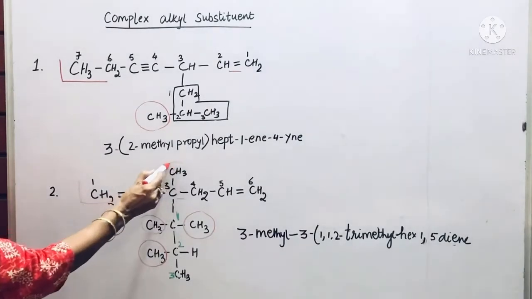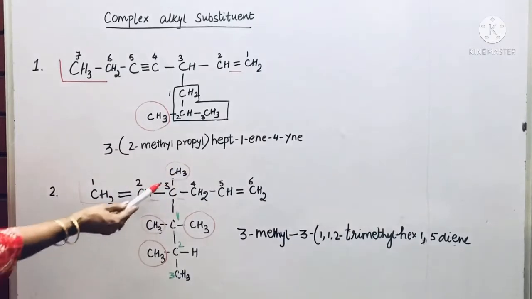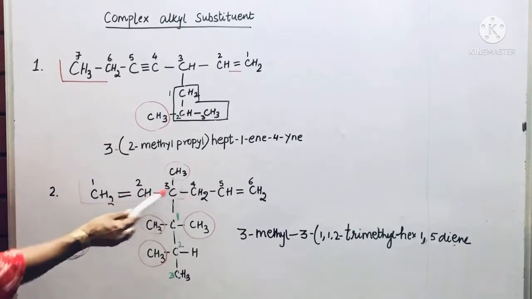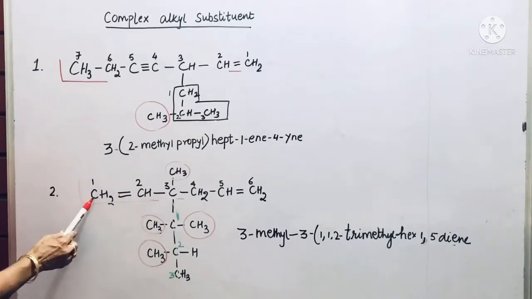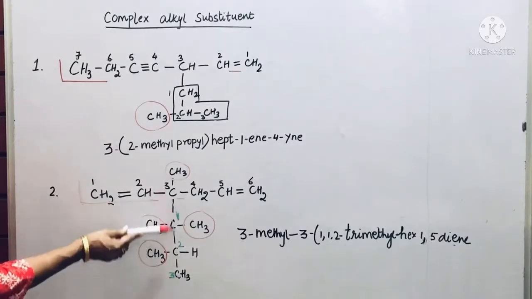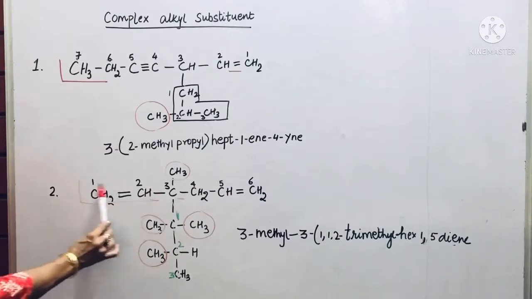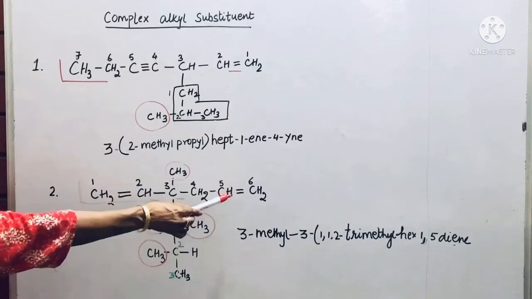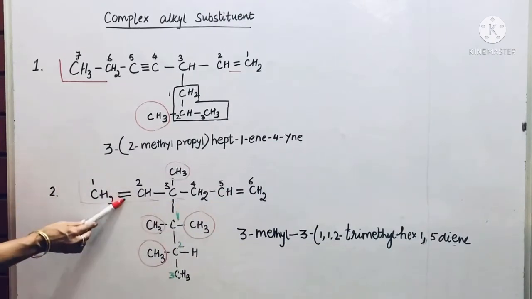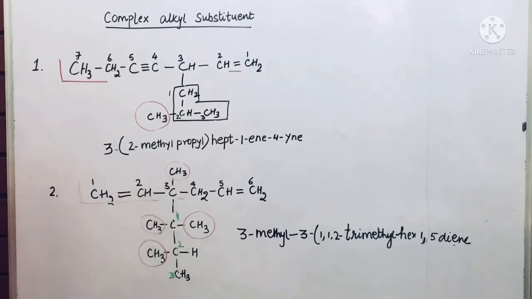In this there are groups which are outside the chain, CH3 at place 3. This is the main chain which contains 2 double bonds. I am counting from here 1, 2, 3, 4, 5, 6. 6 is the number of carbon atoms in the longest chain. Then this is the branching which is outside. I cannot move this way because in doing that the double bond will go out. I cannot rule it out of the parent chain, even if it becomes smaller, you have to keep the functional groups